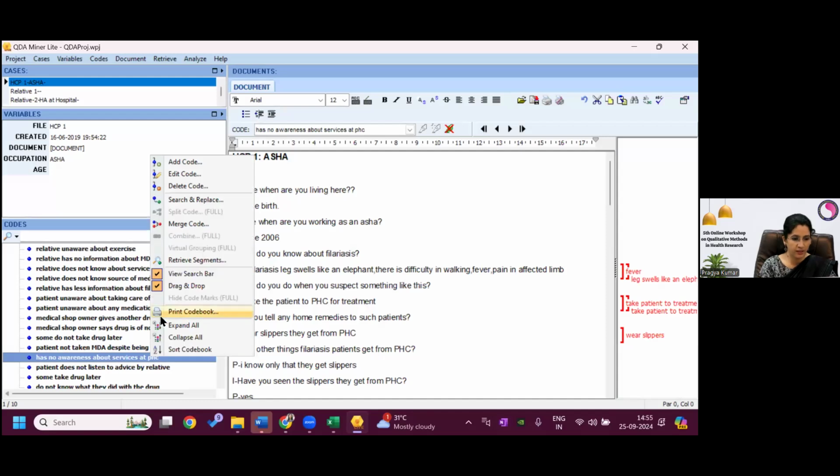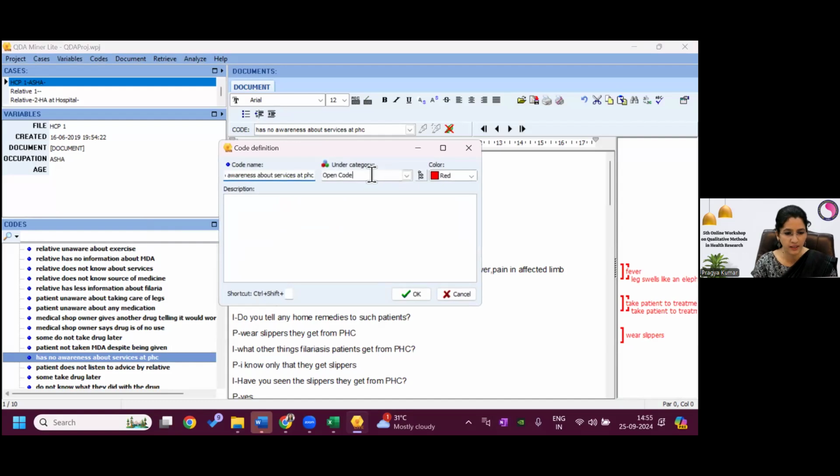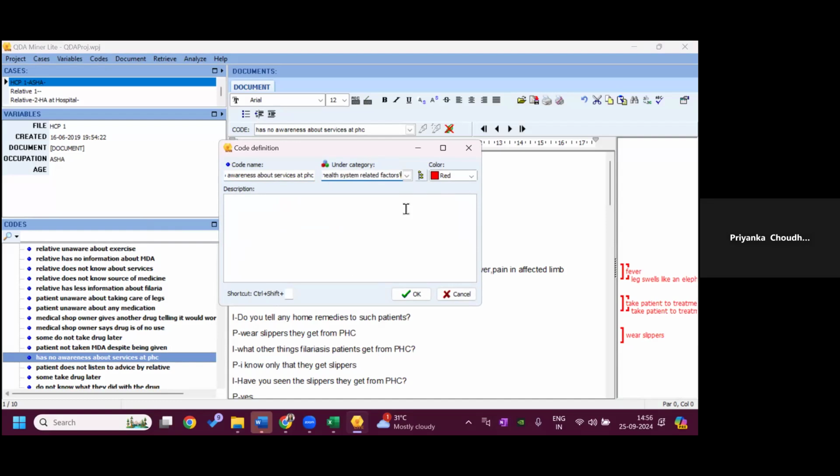So like this, I can go to the edit code and I can write open code as health system related factors. And since it is a barrier, I will do a down slash. If you see your keyboard, where there is the enter option, just above that there is a down slash. Can you see something like this? Yes, ma'am. Then you can write barrier